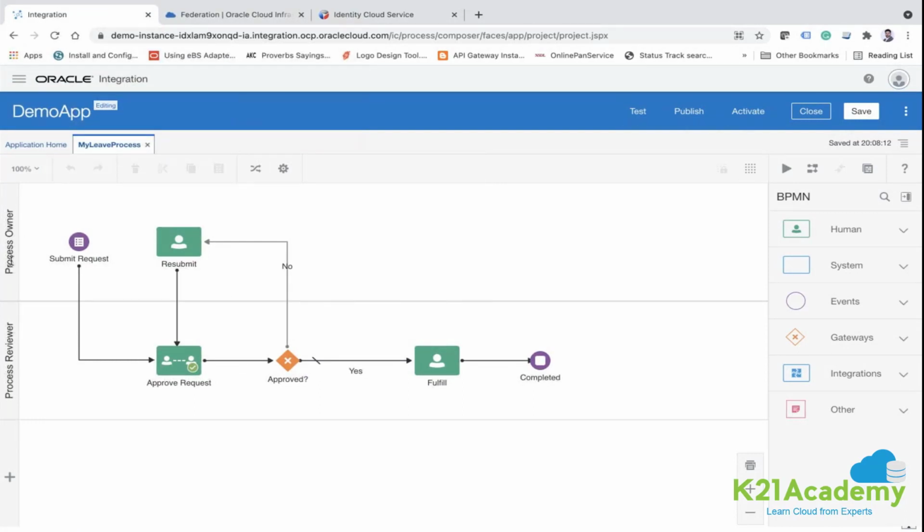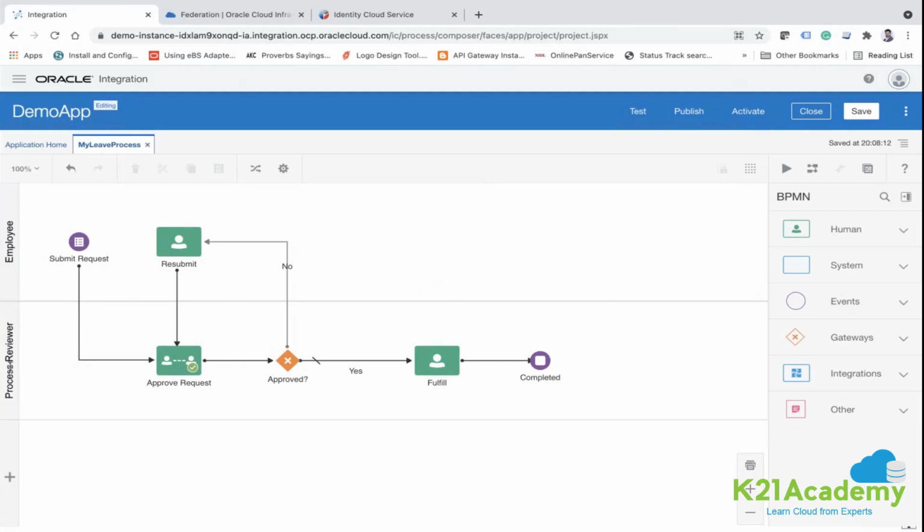One is with name process owner, and second is the reviewer. The process owner is nothing, it's just like an owner of a form or the application, means you are raising a loan application form, so you are the owner of this loan, means you have initiated it. Similarly, let's say if you want to rename this, you can rename it by clicking on it, and let's say this is for the employee, right?